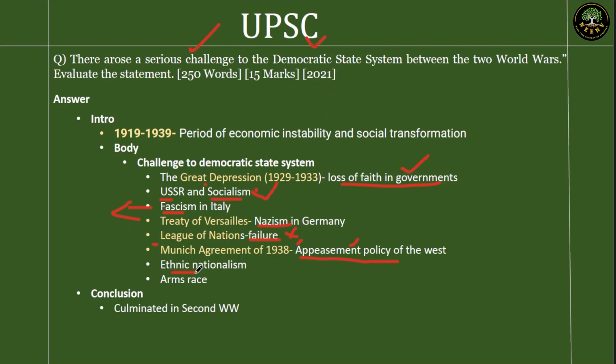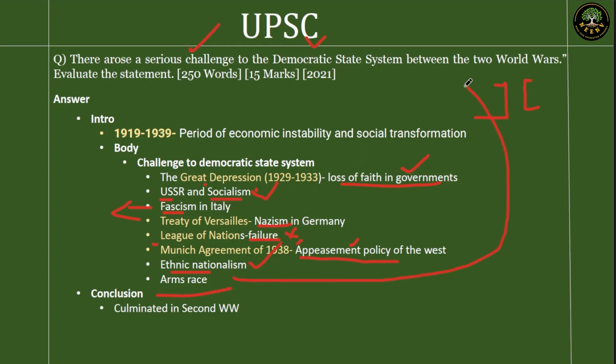Then rise of ethnic nationalism. If you take the case of World War I and World War II, the spirit that drives each country is nationalism. So this is one classic example of the regressive effect of nationalism. People are taking pride in their nation. They are ready to fight wars in the name of their nation, and they are ready to form alliances. They're ready to collect arms, ready to fight war, and ready to die. That's what we see in the Second World War. Ethnic nationalism is growing.